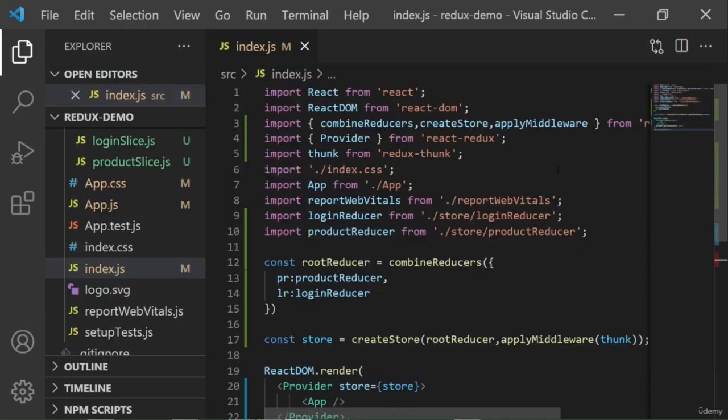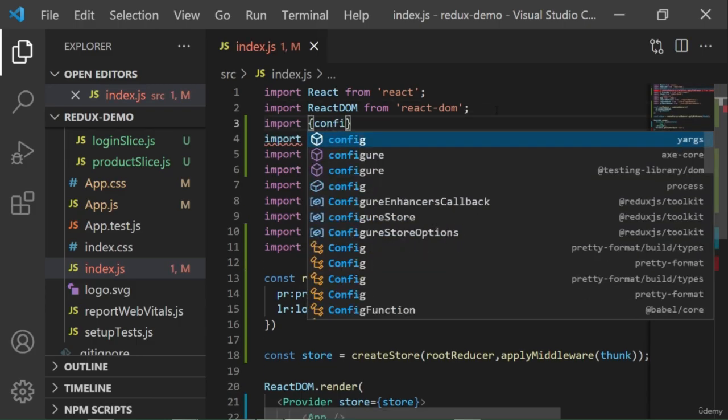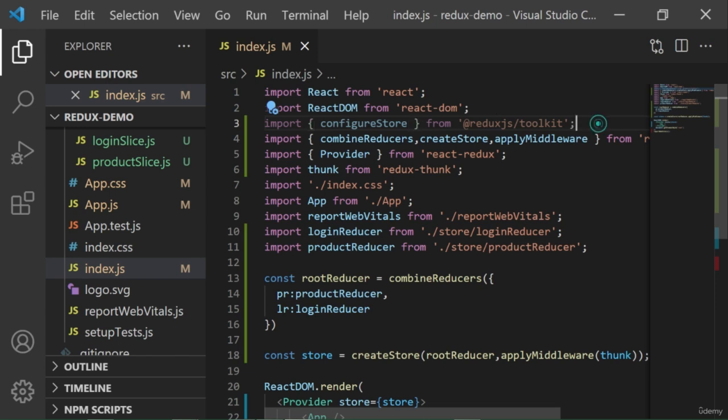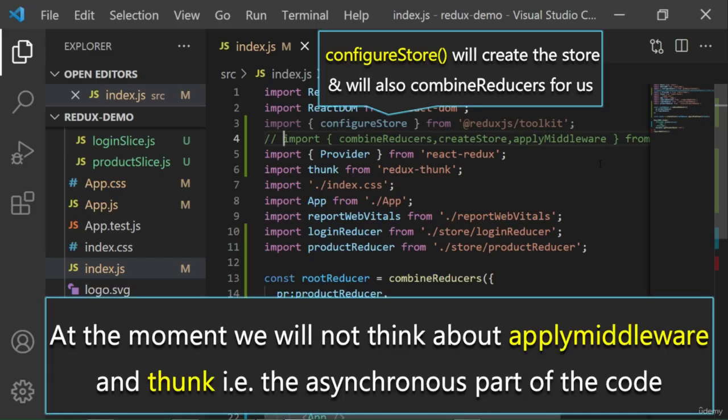So now let's go to index.js where we actually created our store, and here I'm going to import the configureStore from Redux Toolkit, and also I'm going to comment this import combineReducers, createStore and applyMiddleware. So you see that there are many packages now getting commented. The configureStore will create the store and will also combine reducers for us. Isn't it great? At the moment we will not think about applyMiddleware and thunk, that is the asynchronous part